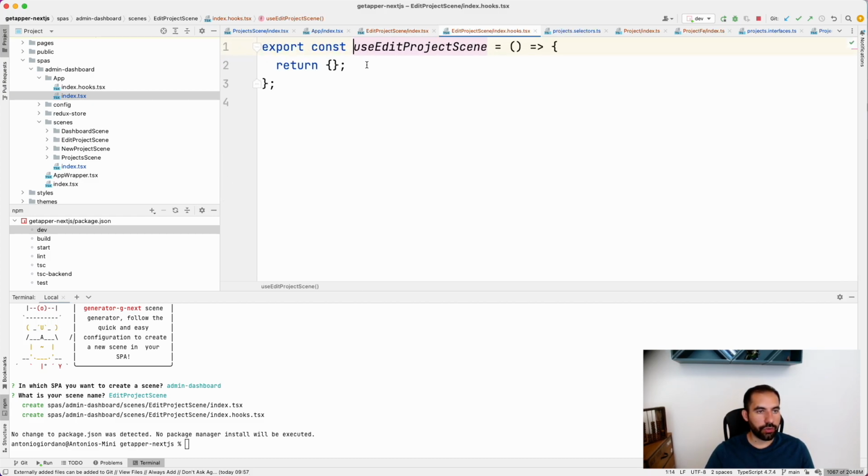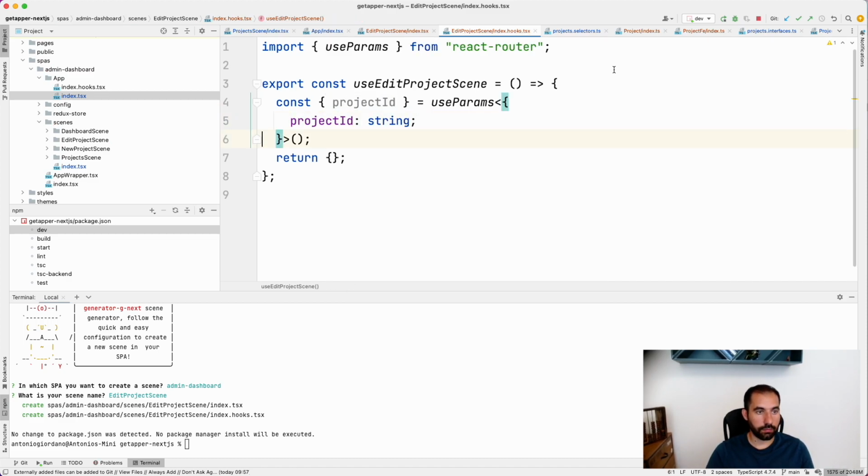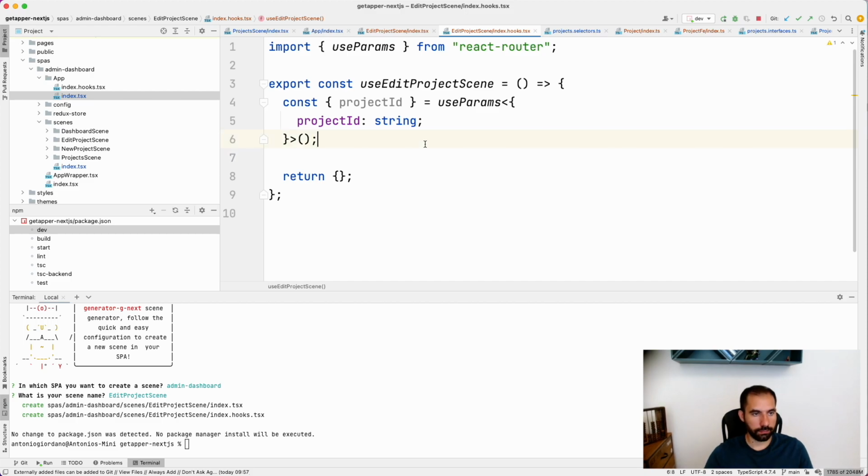First of all, we can retrieve our project ID with the useParams from React router. Now we can build a second form that will be really similar to the create new project, but instead we will use it to modify the existing project name. So generate Next form